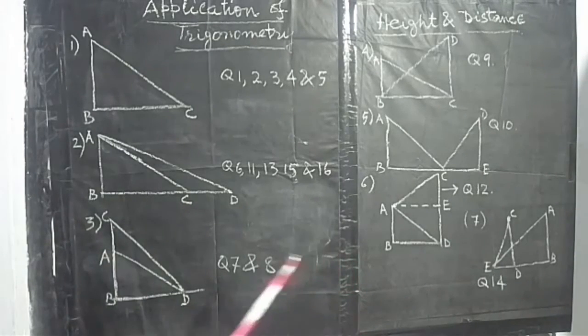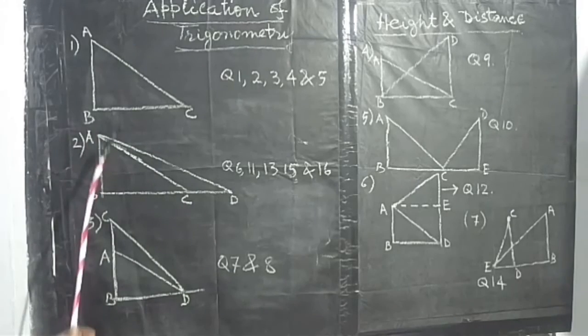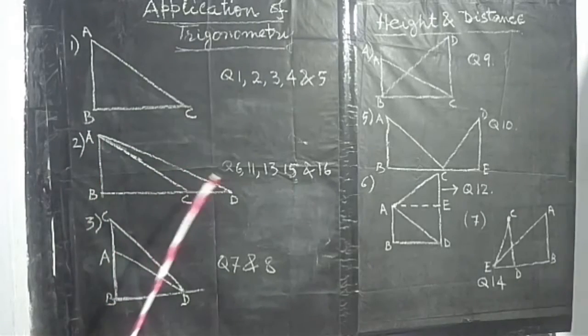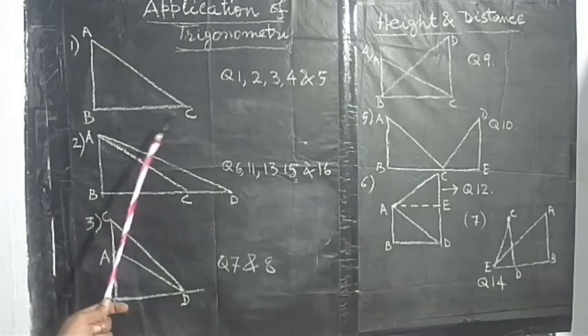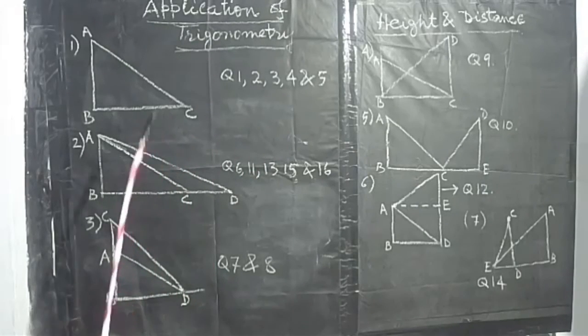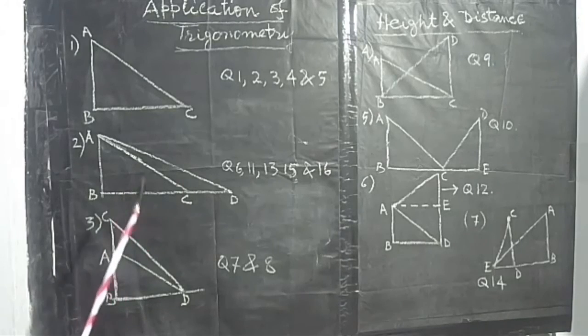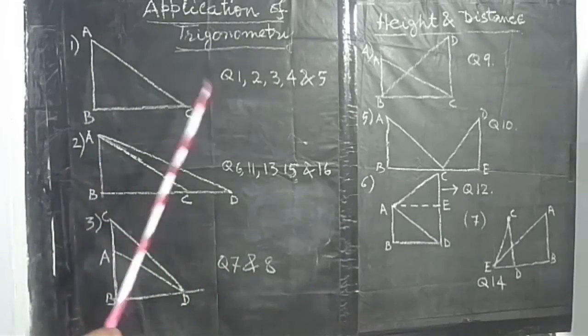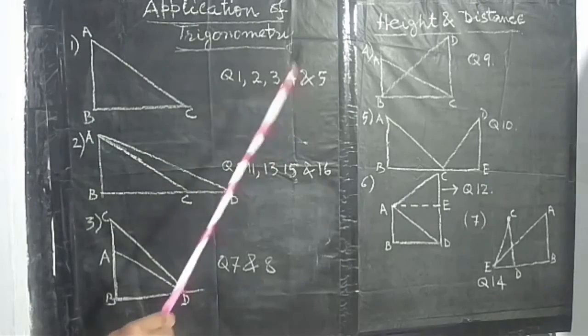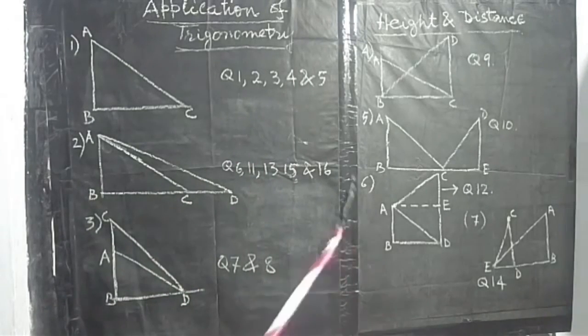Now, you have to recognize the figure. When I go through the problems, when I solve them, I'll discuss one by one. Now, let us start in the next video, discussing type number 1, that is questions 1, 2, 3, 4, 5. Okay? Next we meet in the